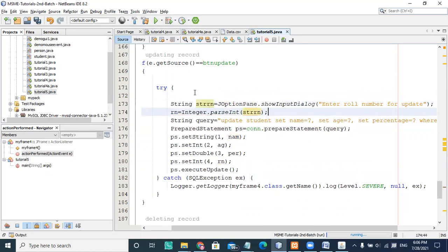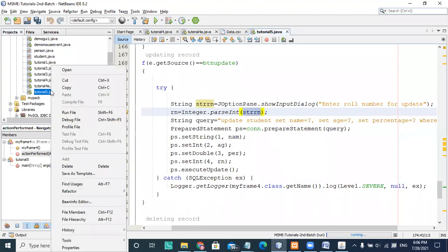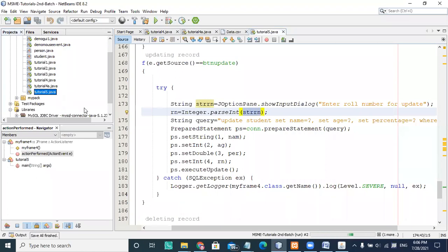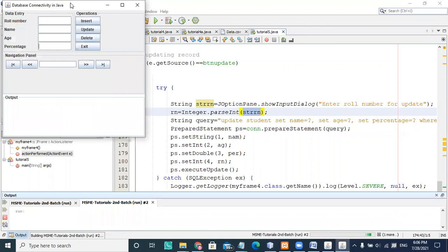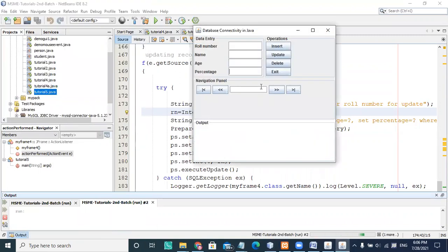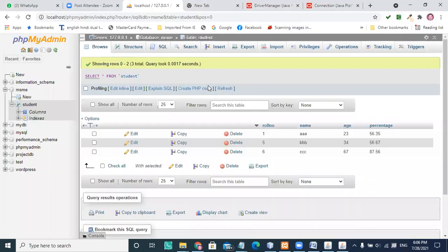Whatever string value I'm entering, suppose I want to change record number one, then I will set the data accordingly. So I'm just running this file. Whatever new value I have set, that I'm going to choose. Let us see the existing data.